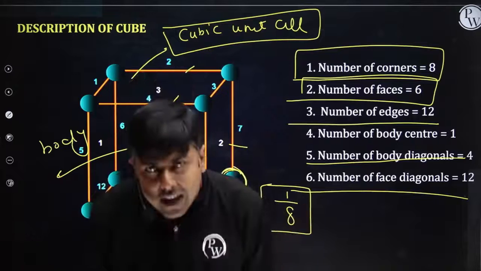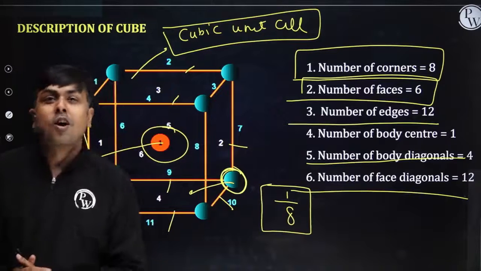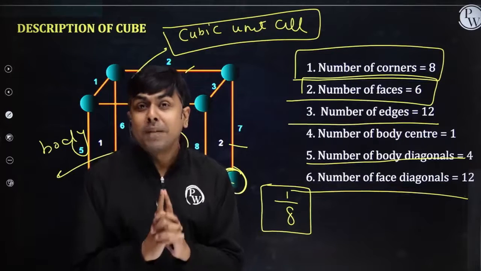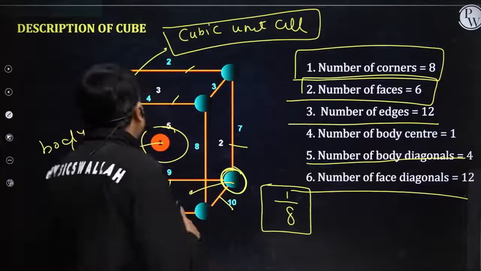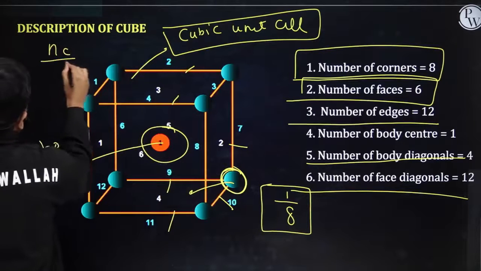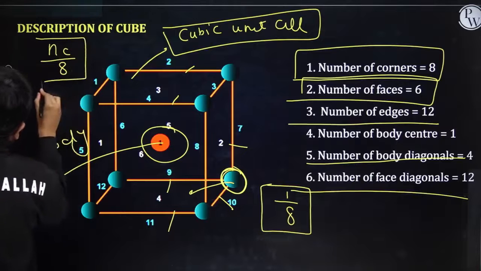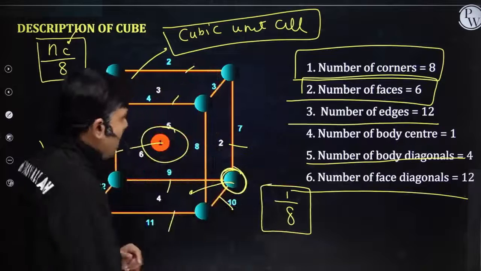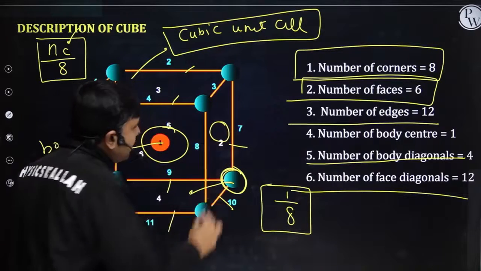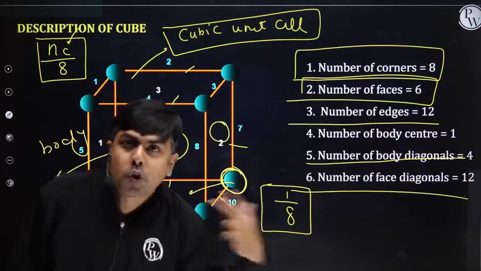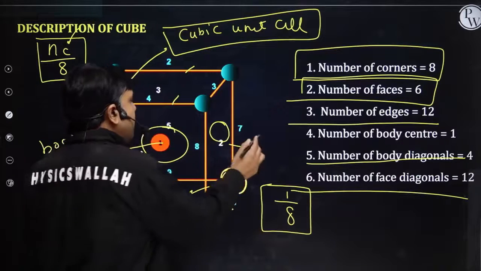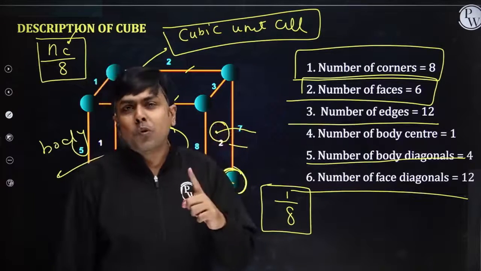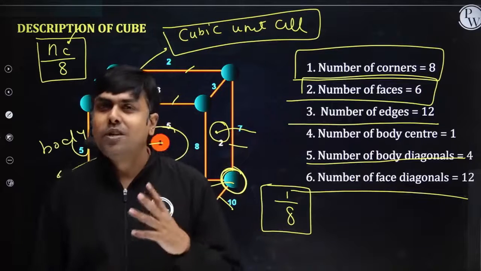If nc atoms are placed at the corners of a cube, the net effective number of atoms because of the placement of atoms at the corners is nc by 8. nc by 8 is the effective number of atoms coming from corners. Now, face. If an atom is placed at the face center, can I say it will be shared by 2 cubical unit cells? So what's the effective part of this atom inside this cubical cell? It is shared by 2, so one will have a contribution of 1 by 2, right?